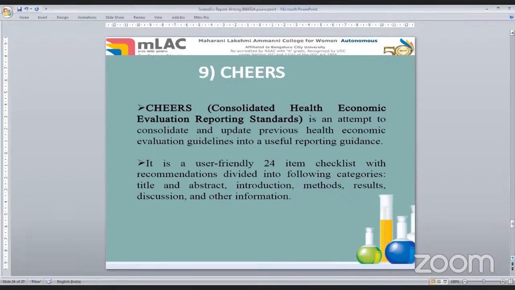Next comes CHEERS. It's the Consolidated Health Economic Evaluation Reporting Standards. Why do we need this type of report? Because it will help to consolidate the health economic evaluations. Economics matters a lot. How much economic loss happened because of Corona? How much economic burden has come to a state or a country because of an